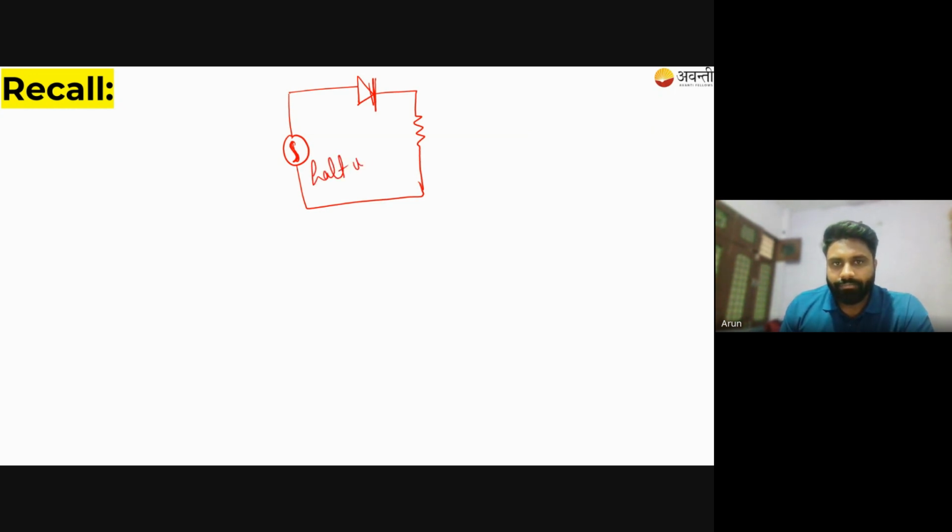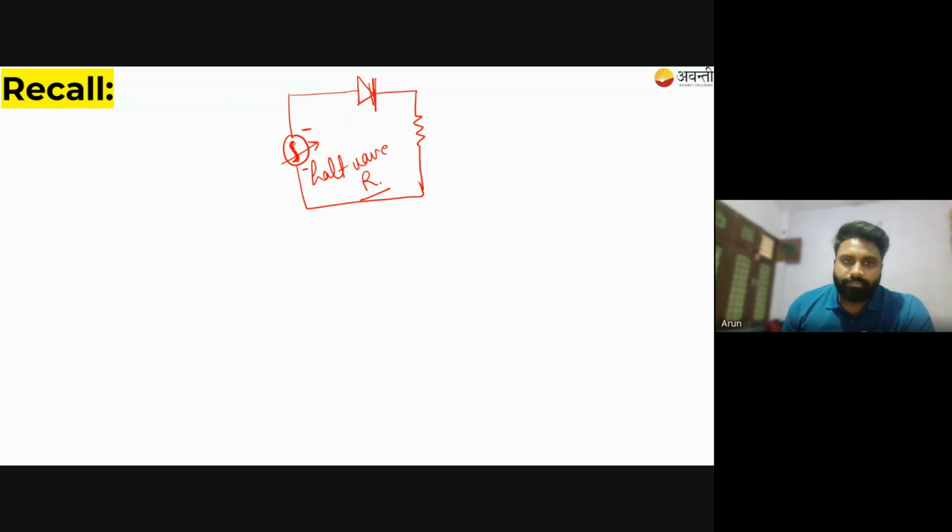Half wave rectifier. Because this is the alternating source, it will change its polarity with time. So when this terminal is positive, the diode will be forward biased, allowing the current. But when it changes the polarity from positive to negative, it will become reverse biased, so it does not allow the current. That is why you have a straight line in the previously shown graph. Okay,